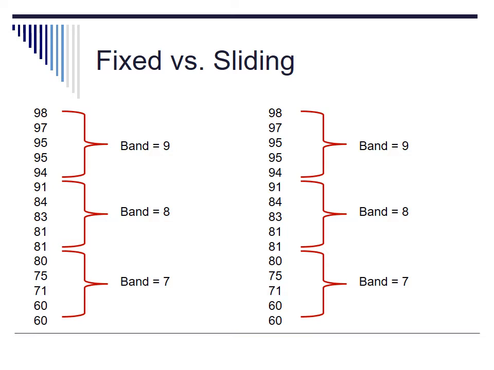And again, bands may be based on the standard error of the measurement. They could also be based on stanine scores. So we could have raw scores from 0 to 100, but we also have people that fall in the first 10th percentile, the second 20th percentile, etc. So there's a lot of different ways to create the bands. But once the bands are created, whether they're fixed or sliding depends on basically how